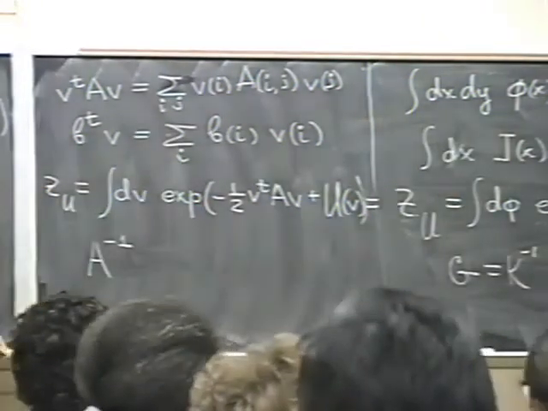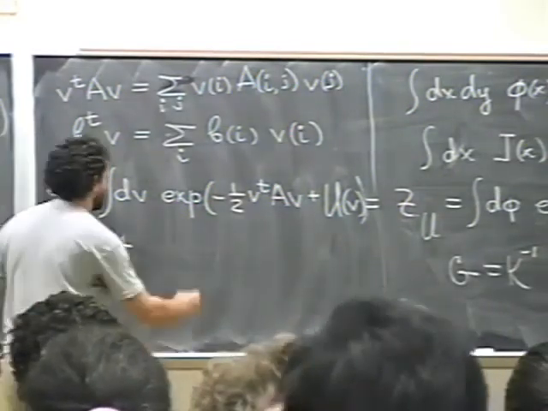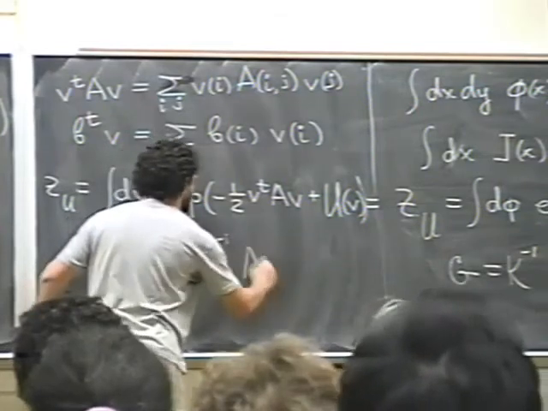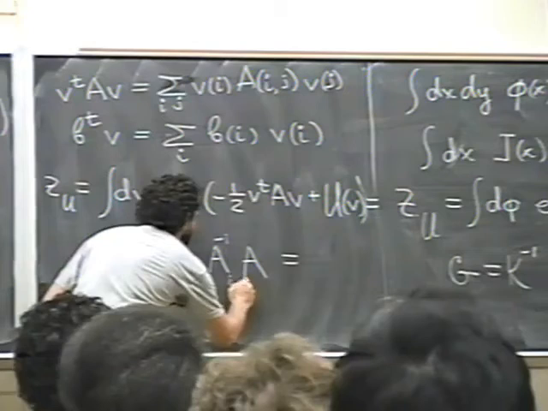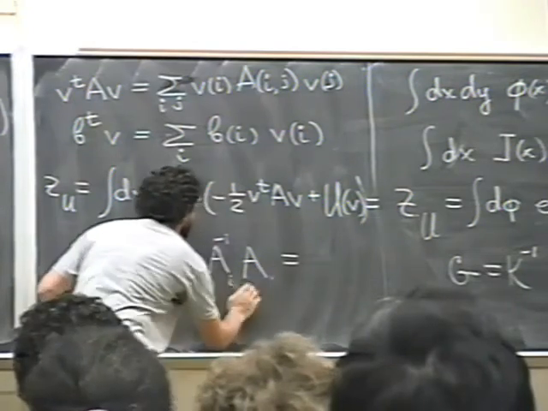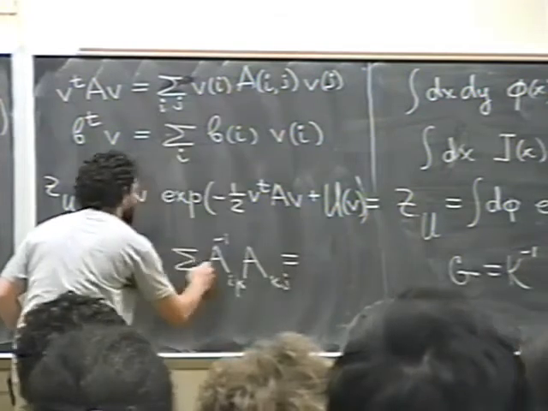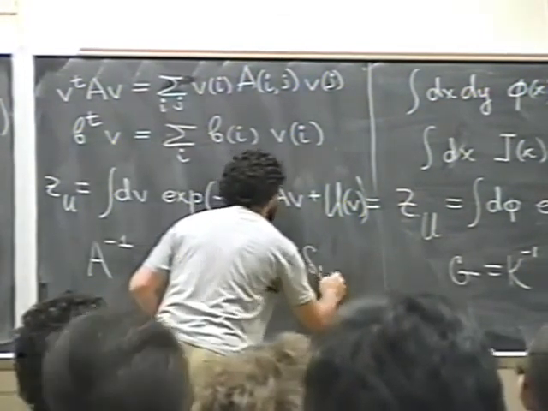It's the inverse operator. What was the property of A inverse? It meant that A inverse times A, if I put indices ik, kj and sum over all k, I should get